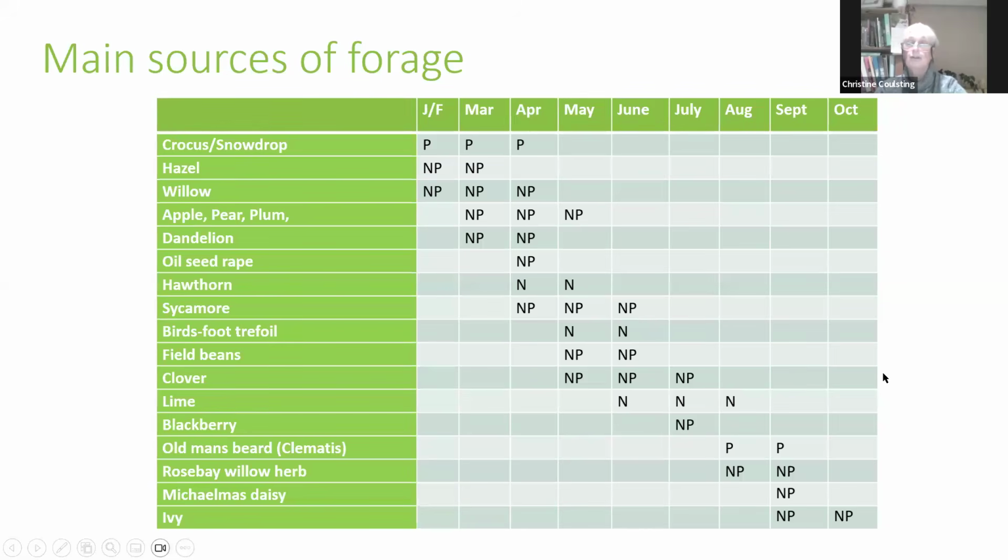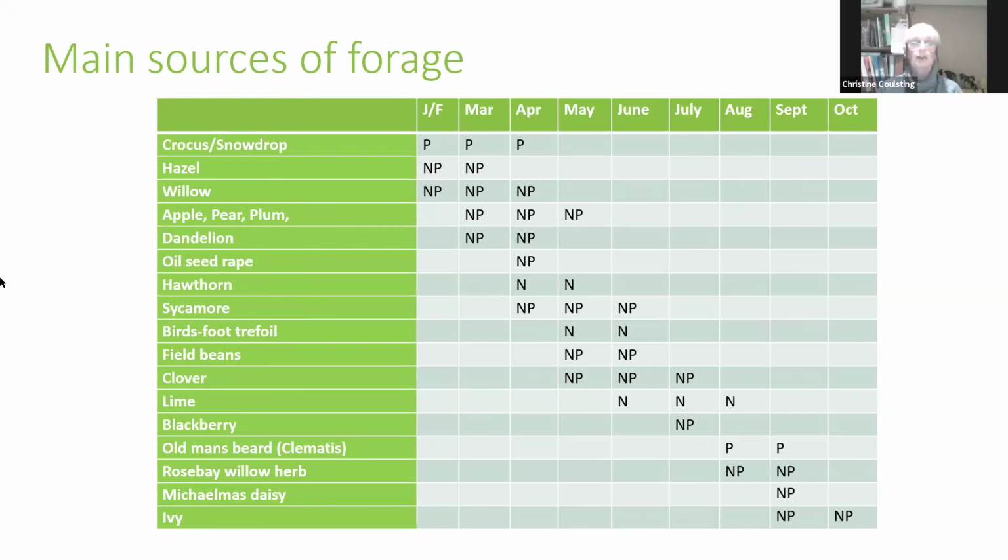I do get a field of clover beside one of my apiaries. Blackberry is a particularly important forage crop, because there are 150 varieties of blackberry, and they tend to be very deep rooted, so they tend to come at quite a gap in forest. If you do get a gap, it tends to be just before the blackberry, so that